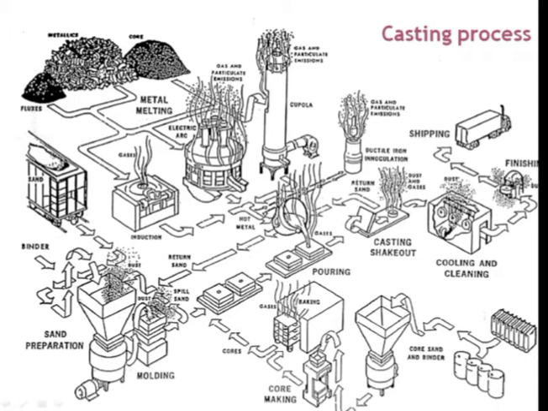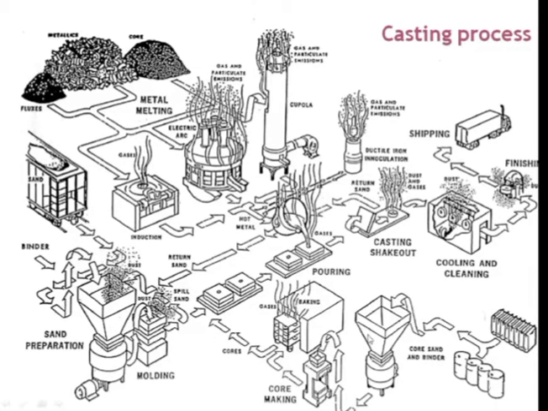So the sand is passed through this sand preparation process. It is filled into the mold. Mold is nothing but one kind of box. It may be made up from wood or steel or cast iron, or any other materials. So this box is filled with this sand, and this mold box is moved in the forward direction. Here you can see the cores are there.